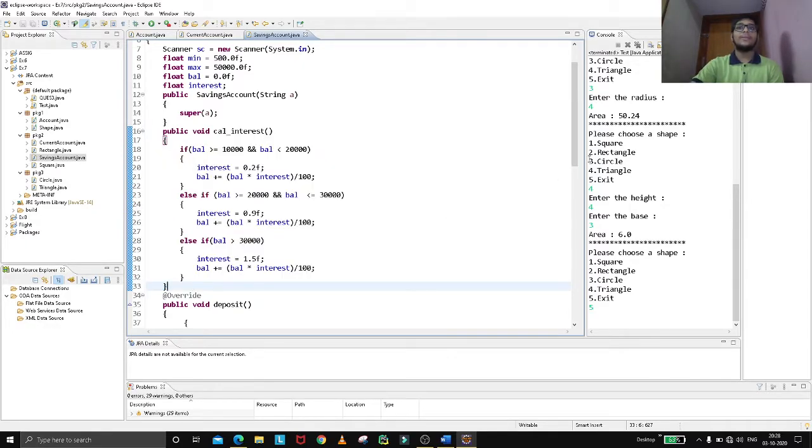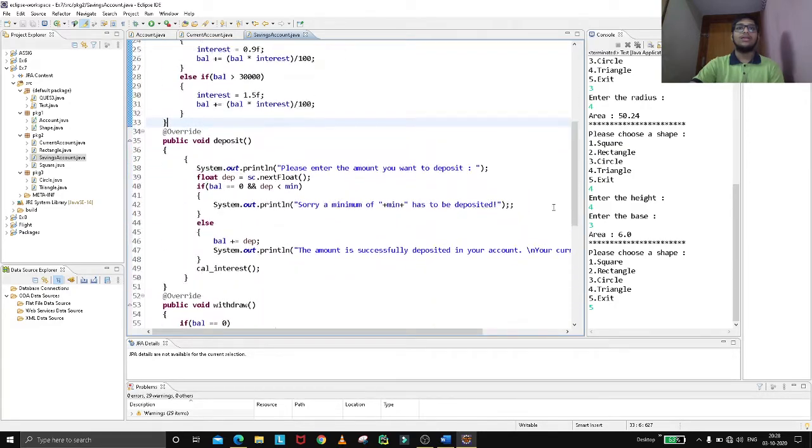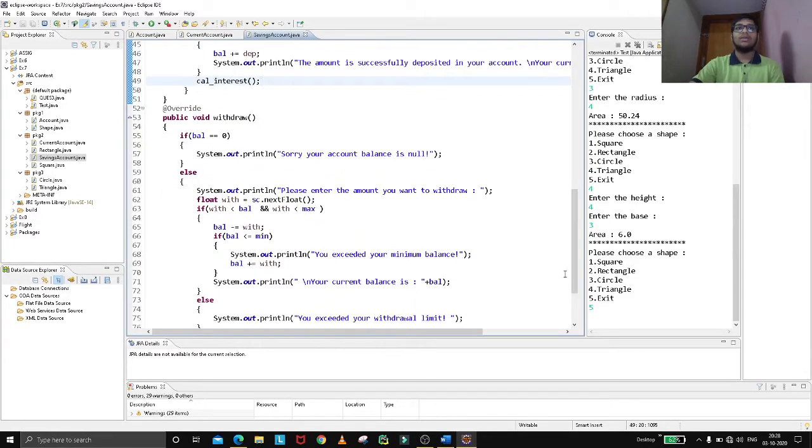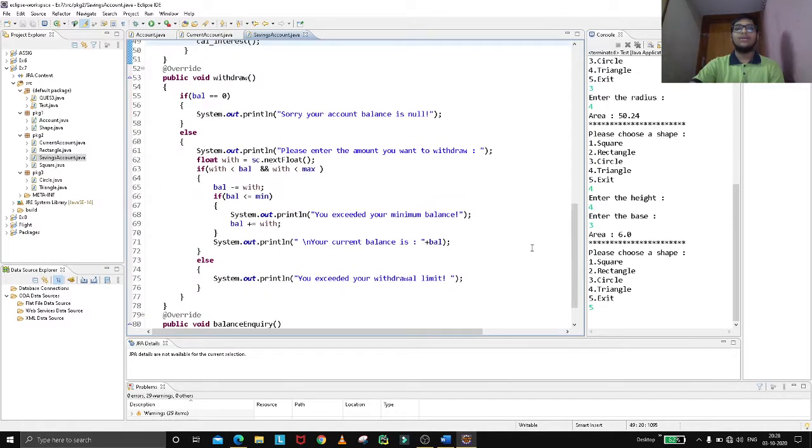Now for deposit, every deposit will add to the balance and also calculate the interest for it and update the balance.